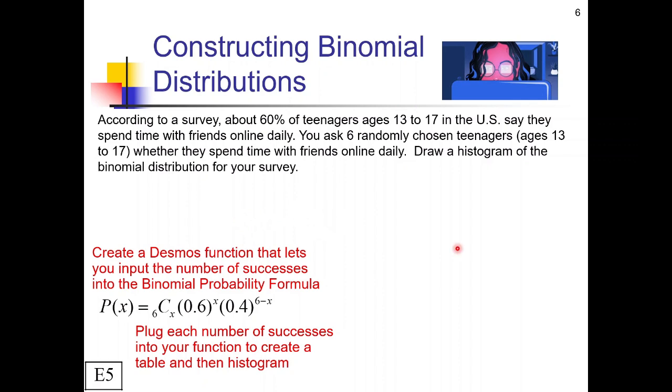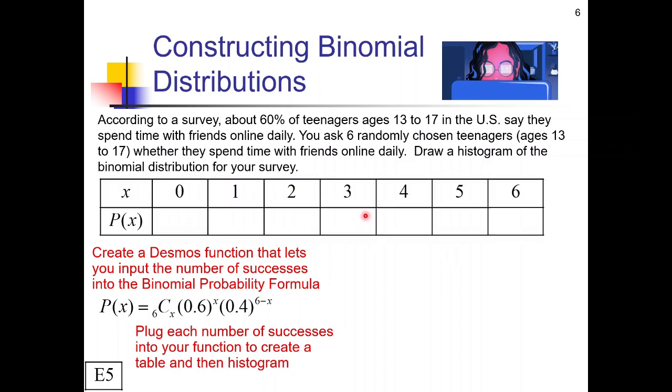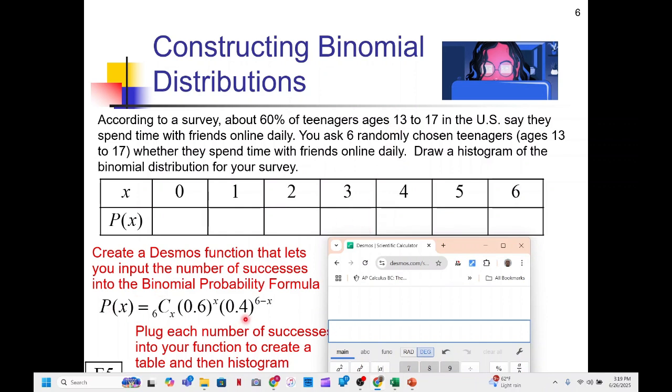All right. So let me create the beginnings of my table. I've got the number of students who are saying yes to the question when I randomly ask them, and the probability that that actually happens. Here's Desmos. Let me create this function in here. So I'm literally just going to write in exactly what I've got written here. So p of x equals, and then, well, I have to modify it because of the formatting of my combination, right? So I need to write nCr, and then I'm going to write 6 comma x. There we go. And then I'll multiply that by 0.6, raise that to the x power, and then I'll multiply